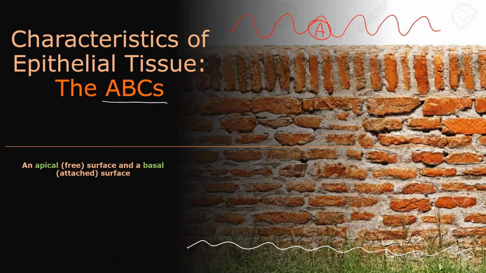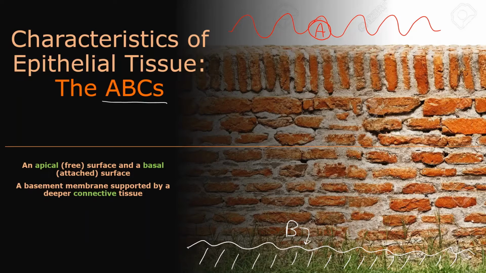That would be what I would call the basement membrane, or the basal surface, which is attached to something underneath that's going to be our letter C. So if A is for apical and B is for this basement membrane, C will stand for connective tissue that underlies the epithelium. So one quick thing you can do is, if you think you're looking at an epithelial tissue, look for the apical surface, look for a basal structure at the bottom, and look for some connective tissue supporting